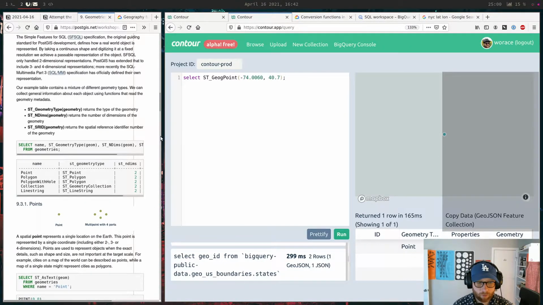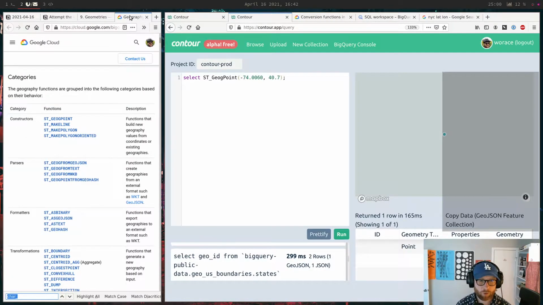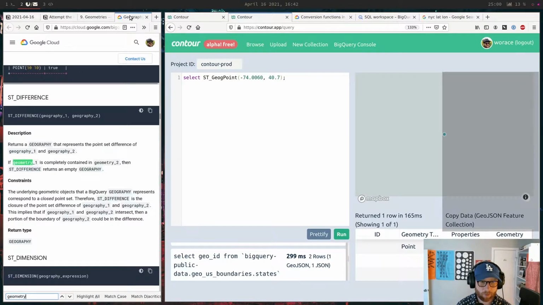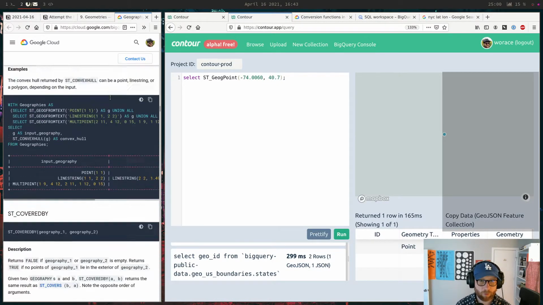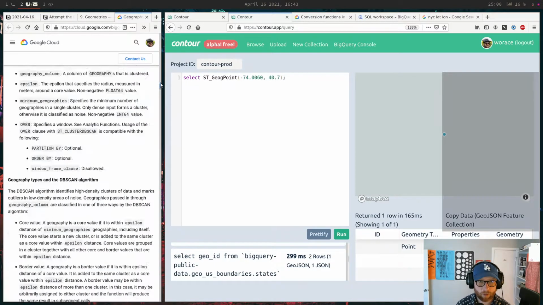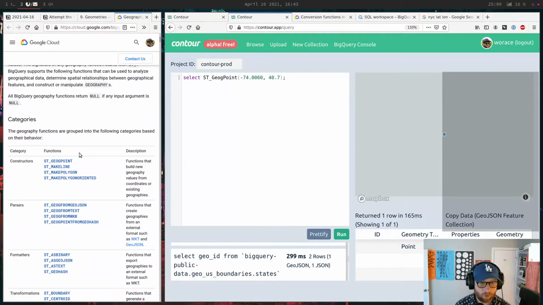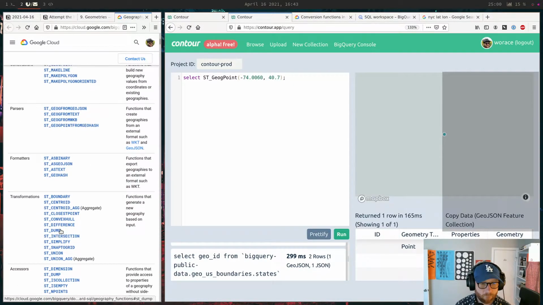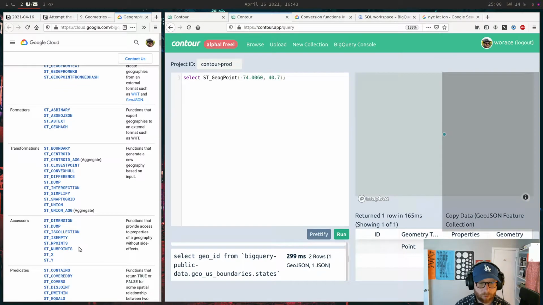Sorry, it's kind of annoying with these two side by side, but that's good. Yeah, geometry type. Do we have that? Geometry type? No. So I have the manual for the BigQuery functions pulled up, the GIS functions, I mean. Num points.